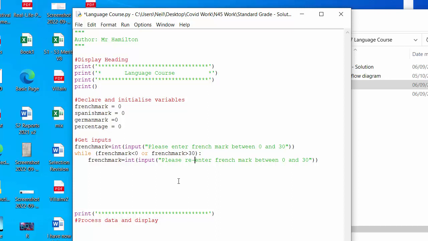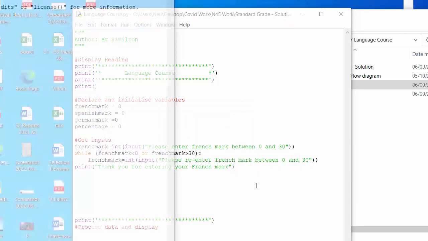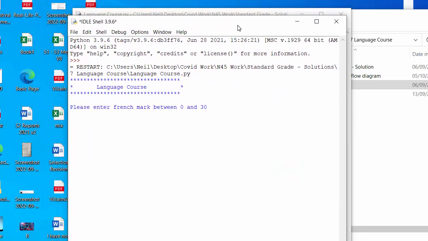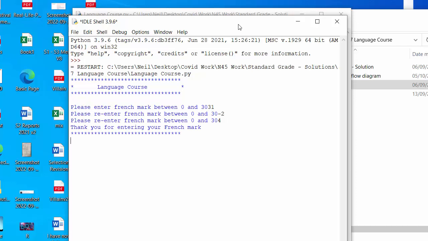And then we'll just output, we'll just say print, thank you for entering your French mark. Now, just quickly run that. It's not going to be outputting much apart from that wee message. So if I enter 31, if I enter -2, but if I enter, say it was 4,